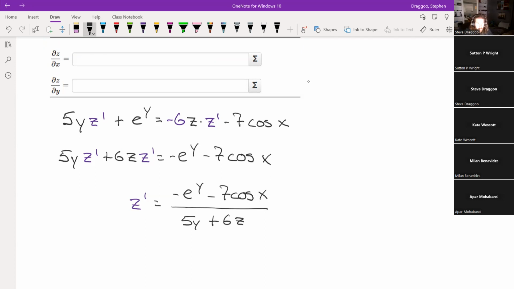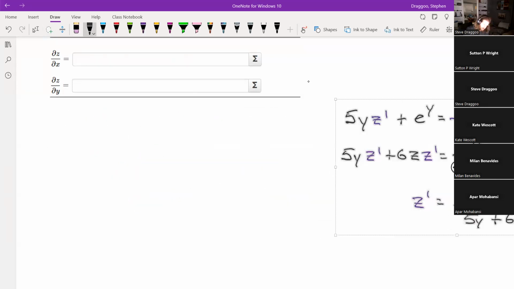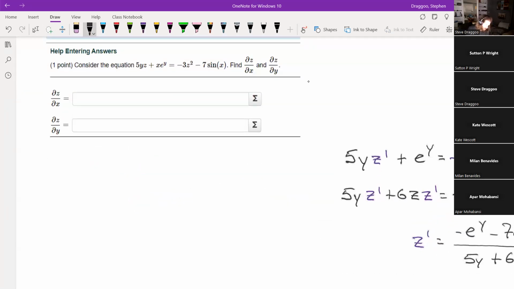And then I'll do that same thing for the y partial. So I just slide that over to the right for a second, pull the thing back on screen, and try again. Next up, I'll have 5z plus 5y z prime